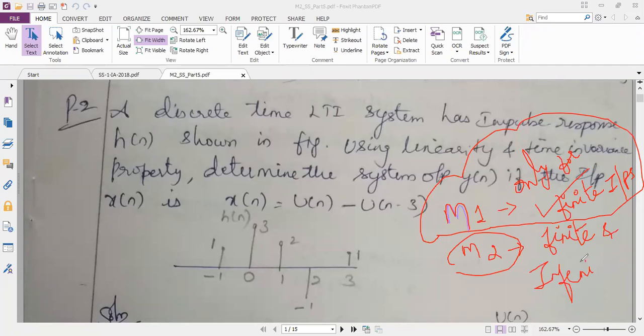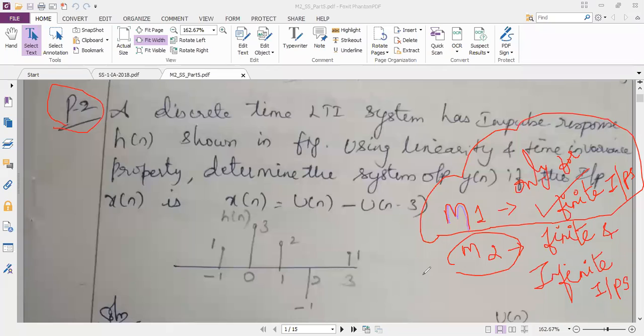So till now we have seen only finite inputs. We have not gone to infinite inputs. So today we will do problems in infinite inputs also after this problem. After problem number 2 as per my notes, P2. So till problem number 2 I have taken finite inputs and the remaining problems are all under infinite inputs.